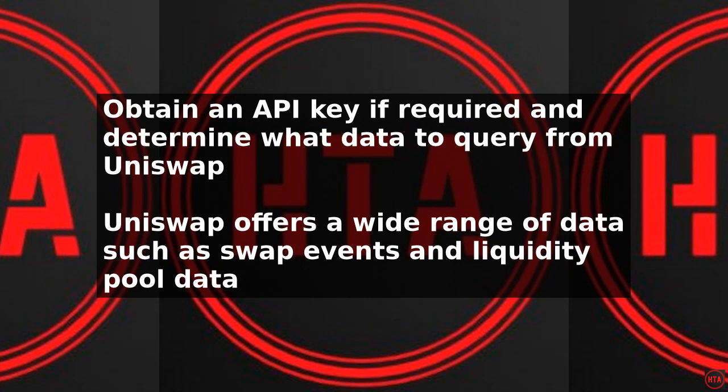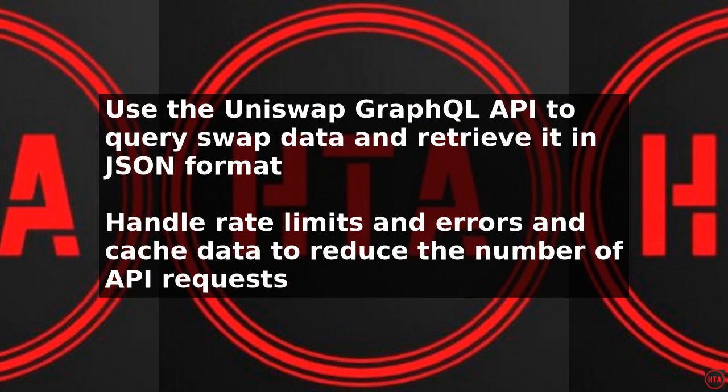FE8D0A0E5C4F27EAD9083C756CC2 and token address out equals 0xDAC17F958D2EE523A2206206994597C13D831EC7. It is essential to follow best practices when querying the Uniswap API, such as handling rate limits and errors